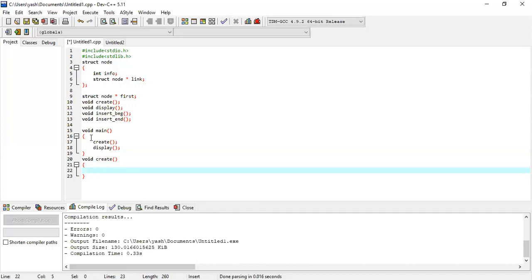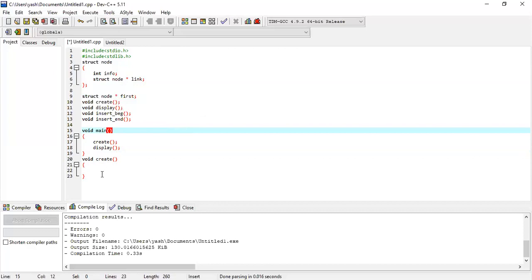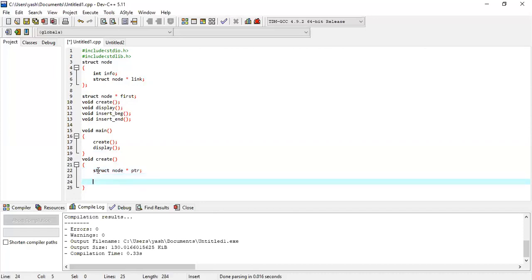Okay, so in order to create a linked list, what we require first is a node, right? We first want to create a node. So let me name that struct node star ptr. So what I'm going to do just now is create a node. And how do you create a node? You basically allocate the memory. So how to allocate memory? It is nothing. You simply write ptr is equal to struct node star